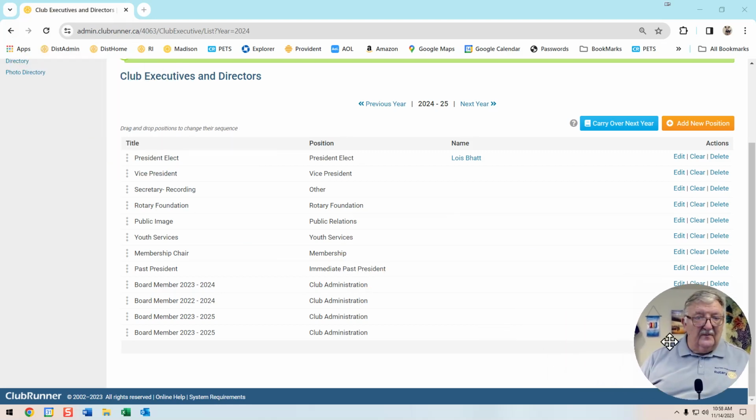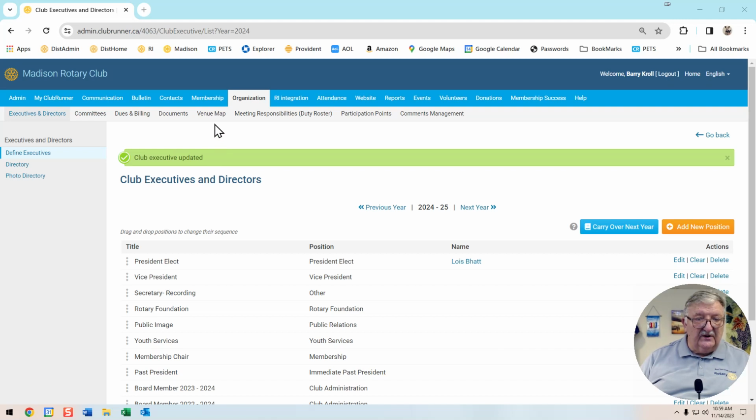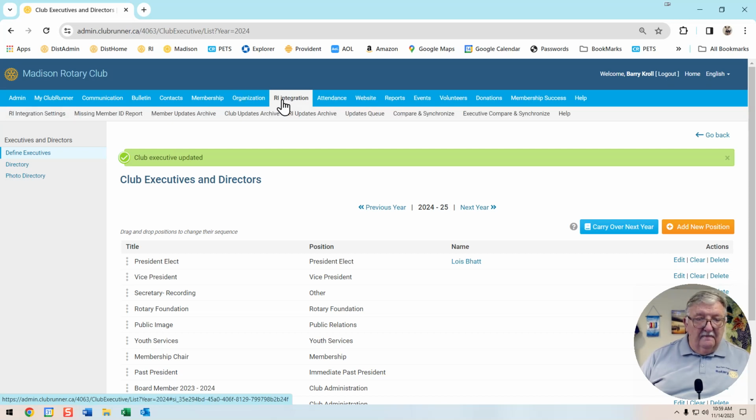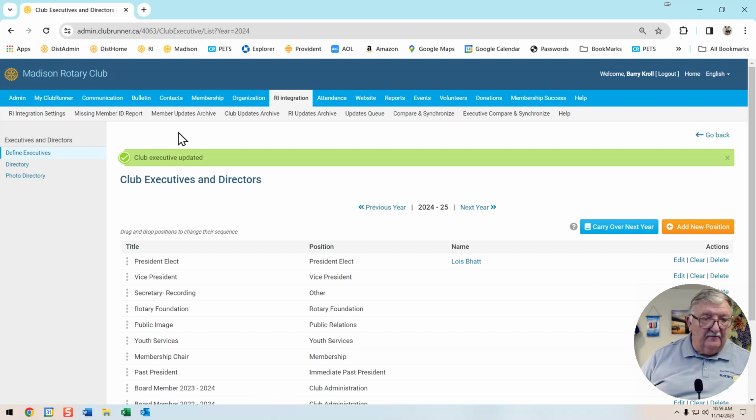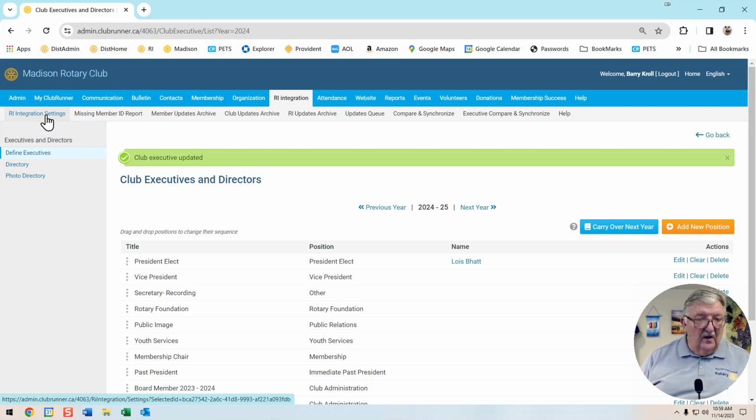I'm going to back up one screen. Actually, I don't need to back up. If we want to check and see how this looks, if you click Rotary Integration next to the organizational tab, it brings up the Rotary organizational settings. I do want to point out one thing, something new in Club Runner. If I click on this tab, RI Integration Settings,